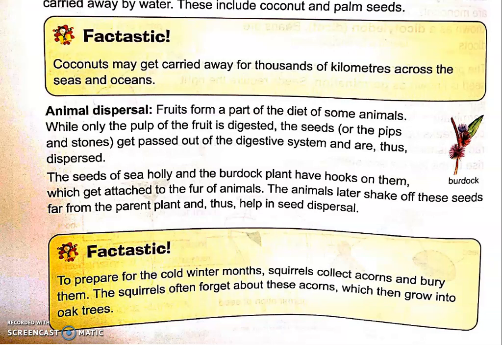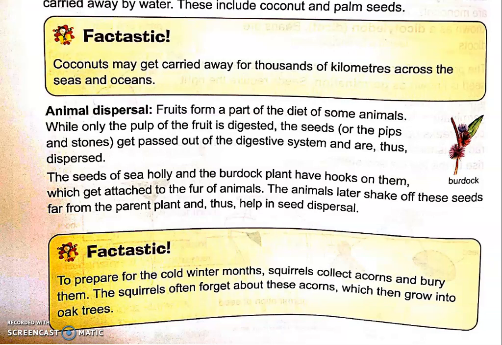So animals also do that same part, but animals do not do it consciously. How do they do it? For example, a goat or a cow is eating some fruit or some plant, or a monkey is eating a mango from the tree. So what will happen? The monkey will eat the whole mango or the whole fruit, or the goat will eat the whole plant. Then whenever they go, they try to go and do potty. In their potty, the seeds come out because seeds are not digested by the digestive system. So they are planted into the ground by this route. So this is how animal dispersal happens.